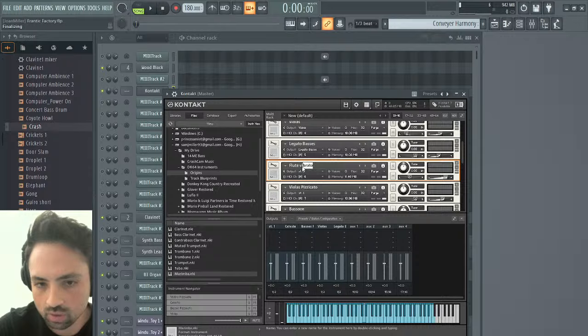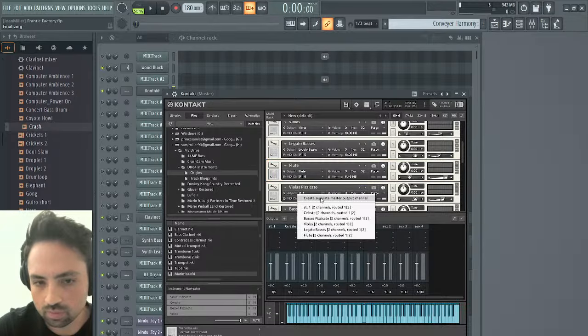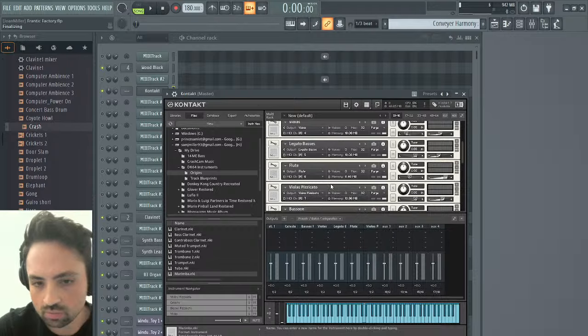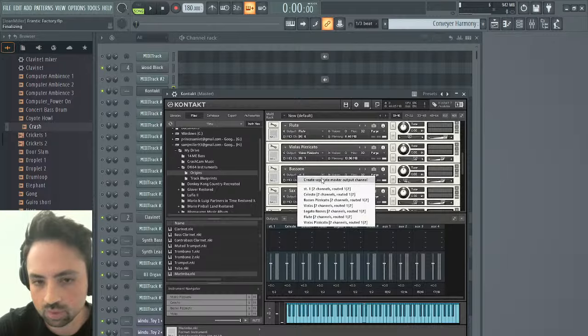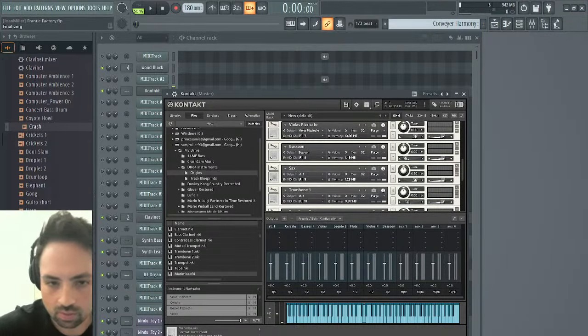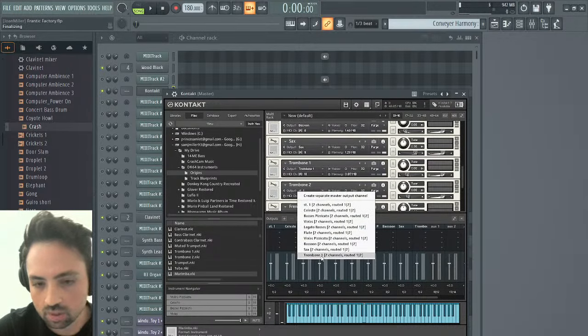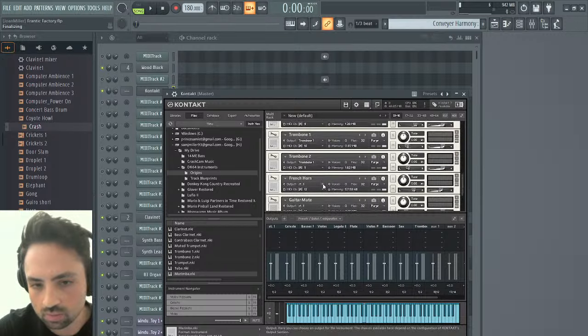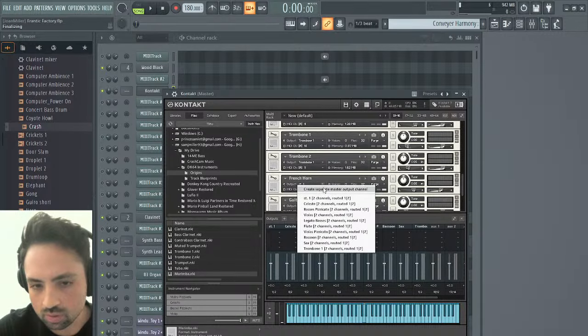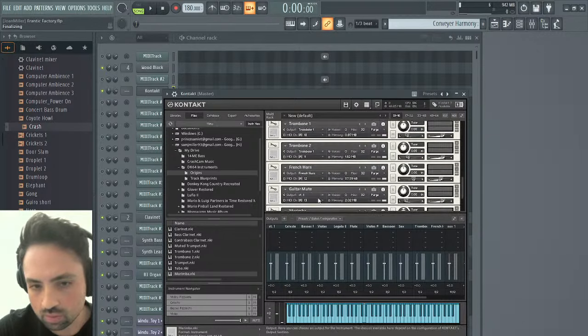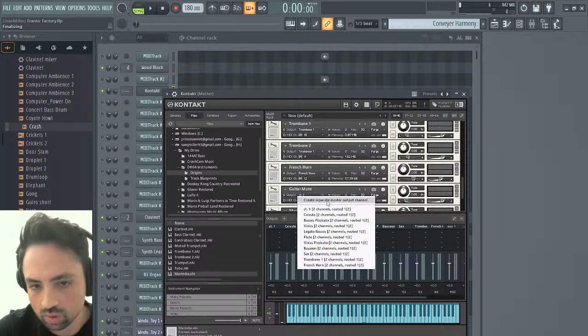Flute. Let's just call that the flute, since it doesn't matter that it's vibrato. Pizzicato violas, bassoon, sax, trombones will get the same track since they're occupying roughly the same frequency. French horn, guitar mute,